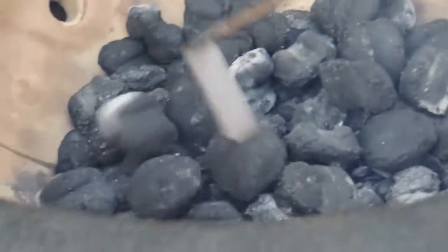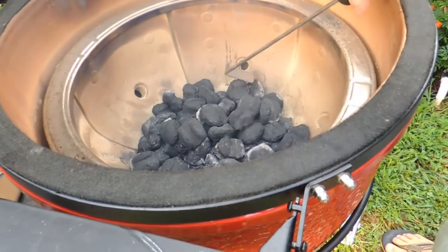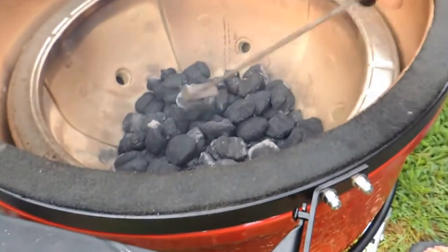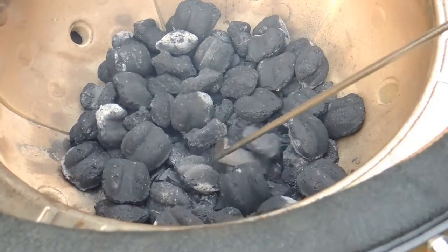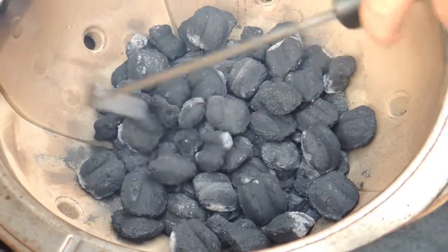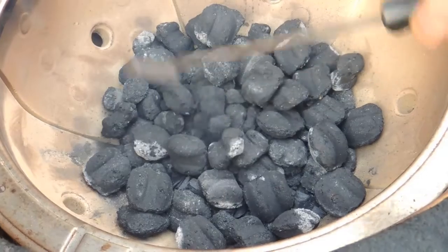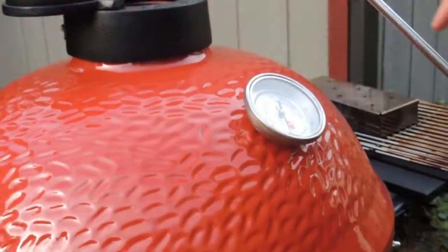Just to be sure the coal is burning, we need maximum temperature, and then all the burning pieces go to the bottom, and then we open the vent to maximum here and wait